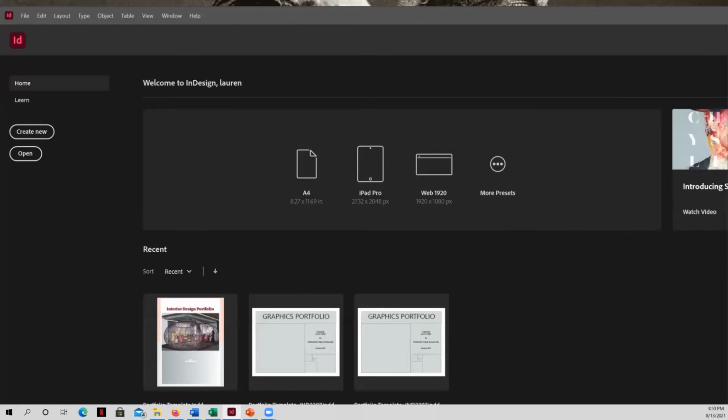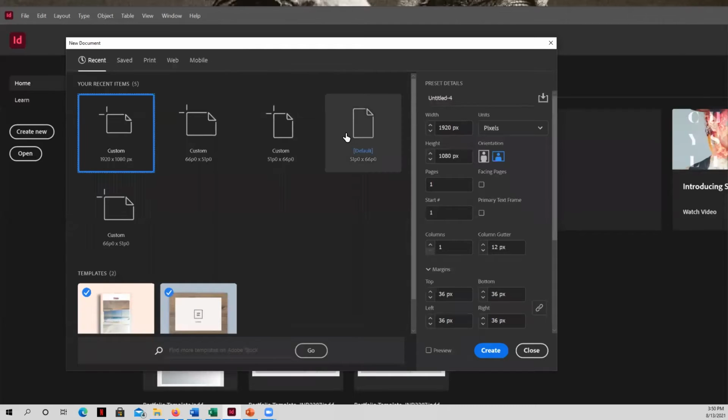And the next thing you'll see is a screen that looks like this, and this is going to bring you into the browsing window for all of the templates that are available for InDesign. Now, if you go down here and search for templates on Adobe Stock, these ones you can select from, but you either will get them free with a trial or you have to pay for them. But since we are already paying for a subscription to InDesign, I want to go ahead and search for their free templates that they provide.